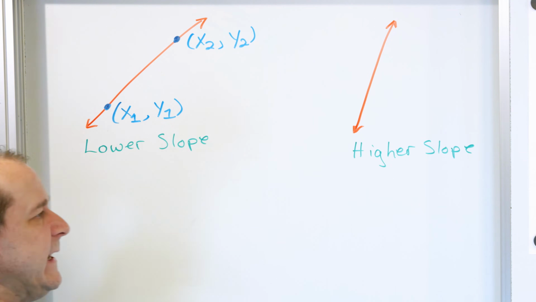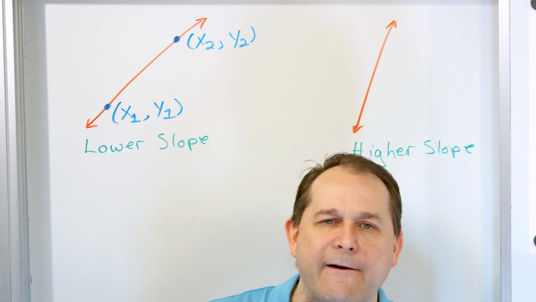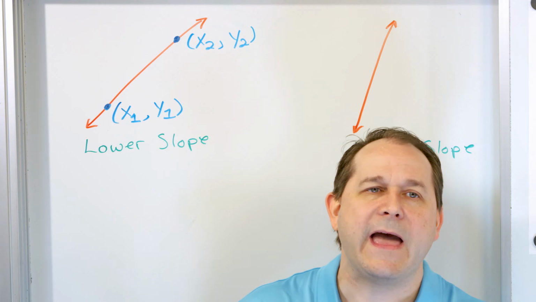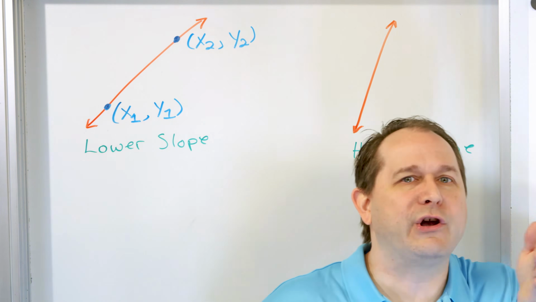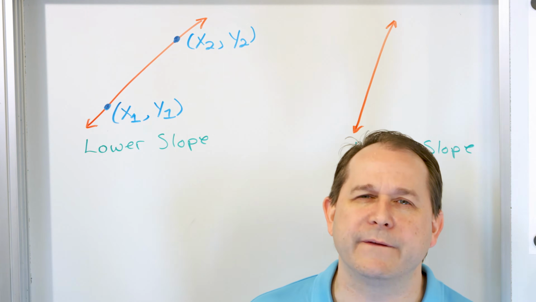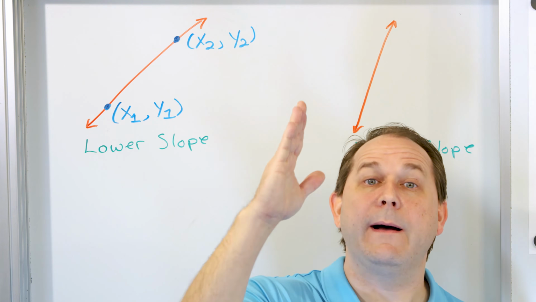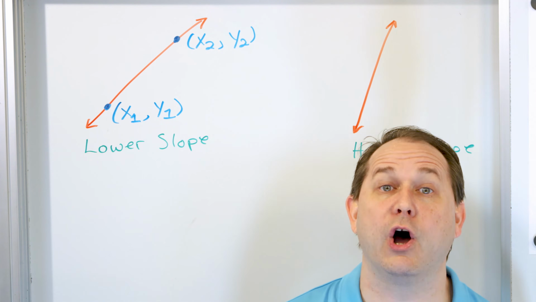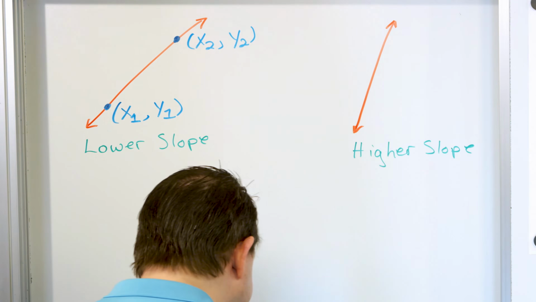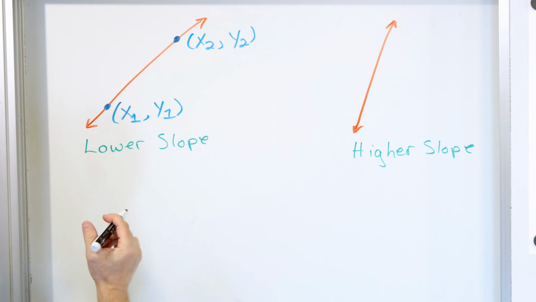So basically, the slope of a line depends on how fast it goes up in the rise, and also compared to how far it goes over in the run. Both of them are important. How fast does it go up compared to how fast does it go over to the right? So the slope of a line, for your drum roll here,